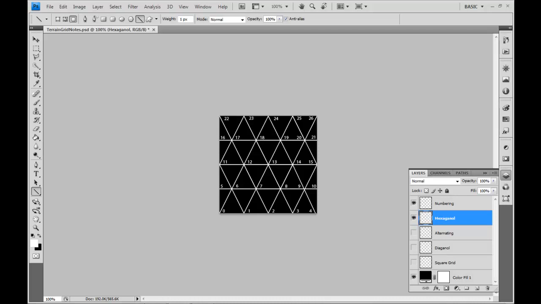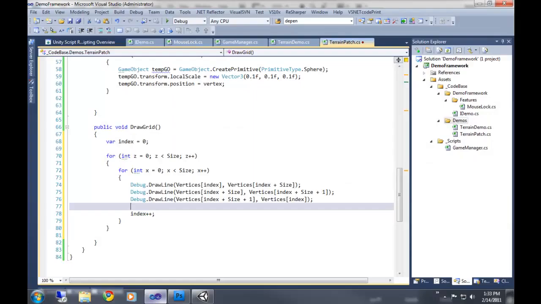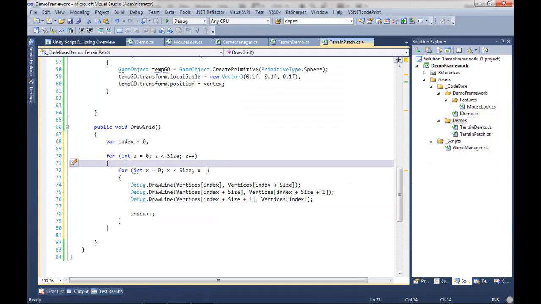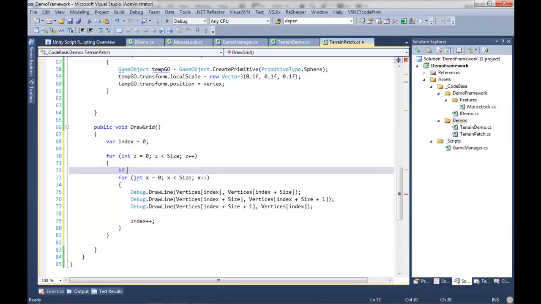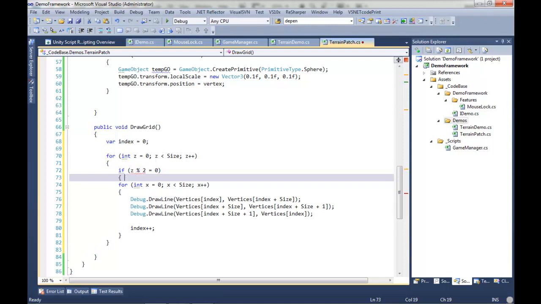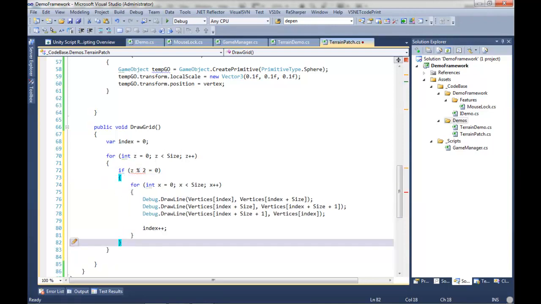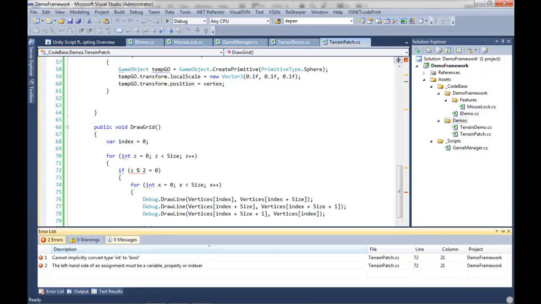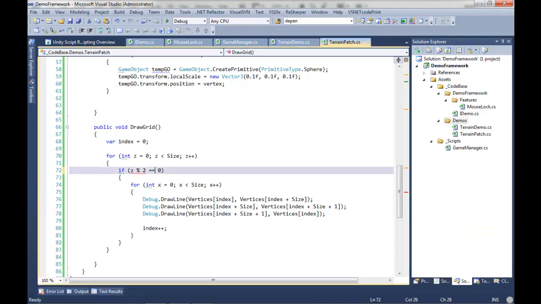This particular relationship only works on our even rows. It does not work on our odd rows. So I have to take that into consideration here. I have to make sure that this part will only run if the modulus of z by 2 equals 0. And then this should present an interesting little problem. So type bool up, 2 equal signs,